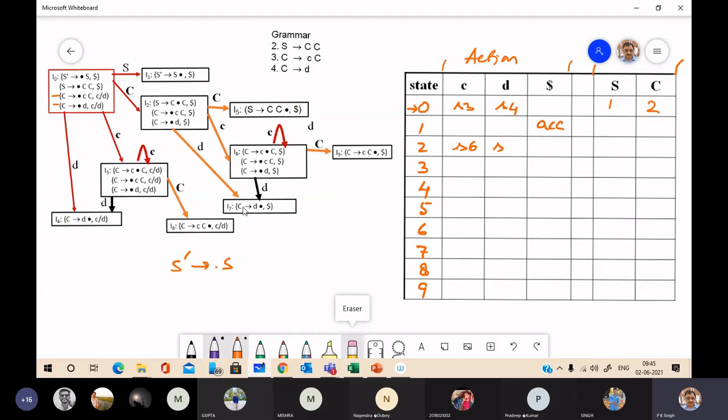And goto(I2, D) is I7, so here S7. We have a non-terminal just after the dot here, so we have to make an entry in the goto field, and goto(I2, C) is I5. So here it should be 5. Now see item set I3. This is item set I3.